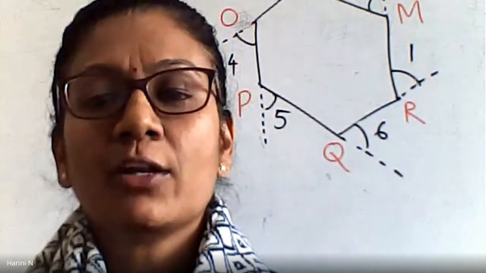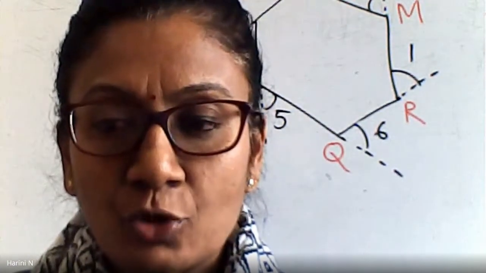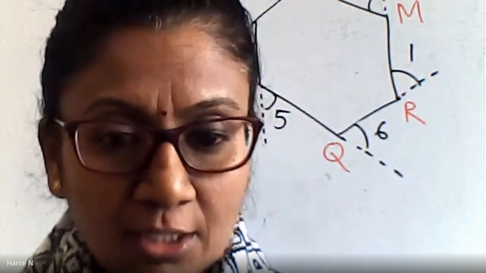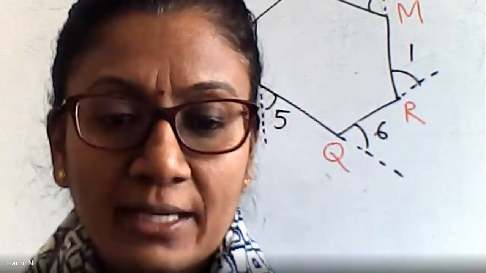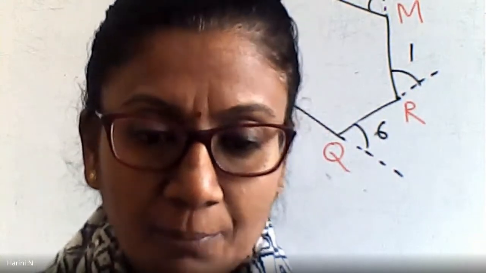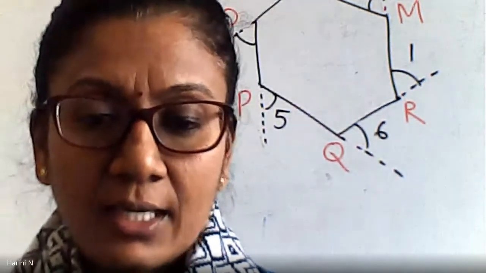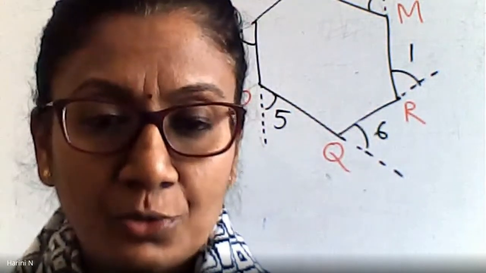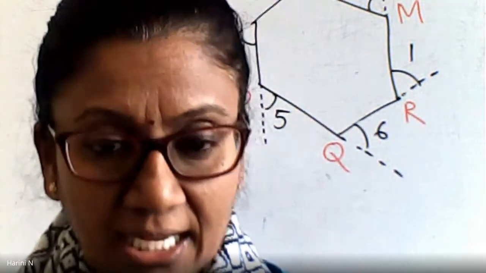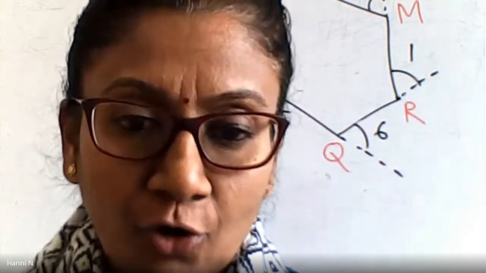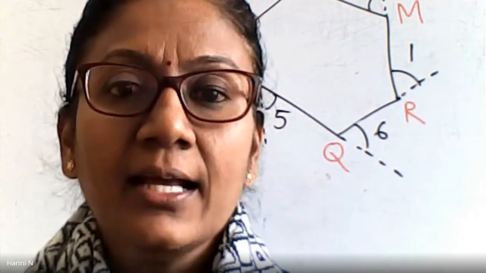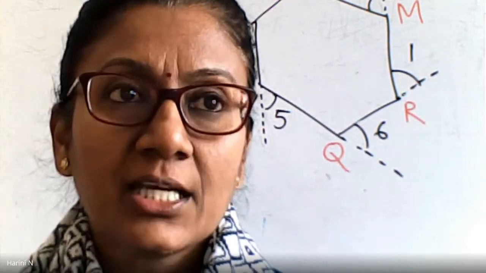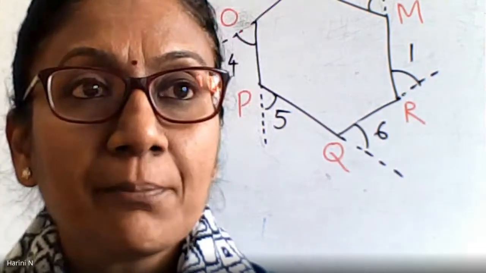Then from the convex and the concave polygons, we moved on to the regular and the irregular polygons. So adannu discuss madidini. There also please draw one diagram for regular polygon and one diagram for irregular polygon. After you write the definition, please do not forget to include the diagrams there, because that is an exact understanding of all that you have learned. All right. Then after the regular and the irregular polygons, we started with the angle sum property.